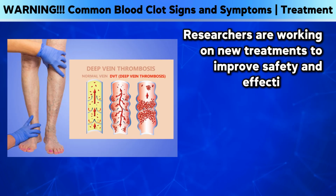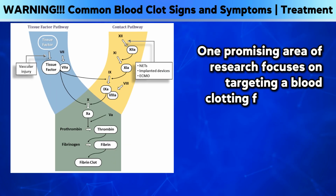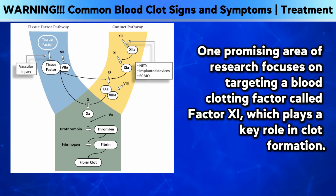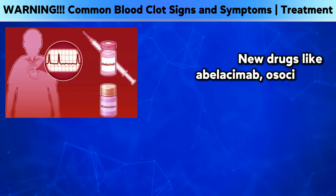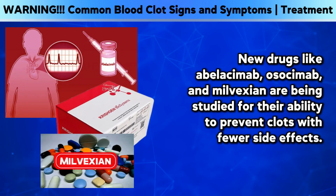Researchers are working on new treatments to improve safety and effectiveness, particularly for high-risk groups like cancer patients, who are more prone to bleeding complications. One promising area of research focuses on targeting a blood clotting factor called Factor XI, which plays a key role in clot formation. New drugs like abelacimab, osocimab, and milvexian are being studied for their ability to prevent clots with fewer side effects. For example,